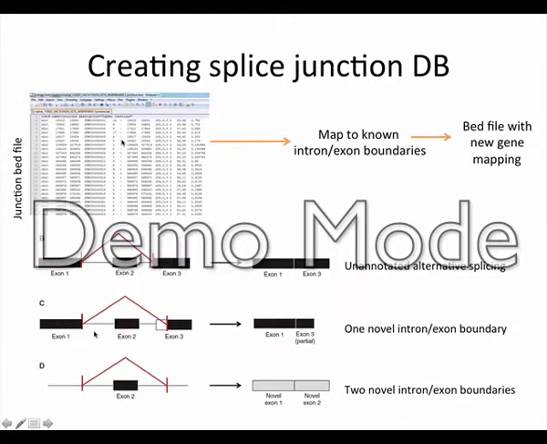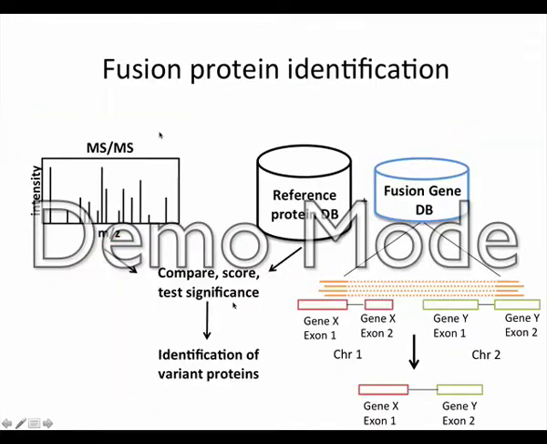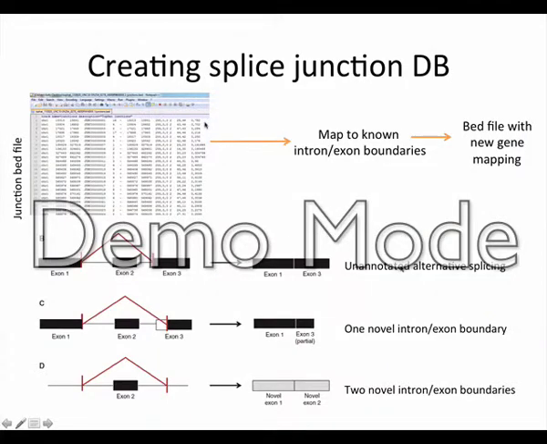We can also have one novel boundary region. So we know exon 1 exists, and we have one end of our boundary here, but then we actually have a shorter exon 3 occurring, or maybe it's in an intronic region. Maybe it's out in the middle of nowhere. Or we have 2 novel intron exon boundaries. So there's really 3 different ways of categorizing these. But we can do that and then essentially do another similar in silico translation of how these would look,